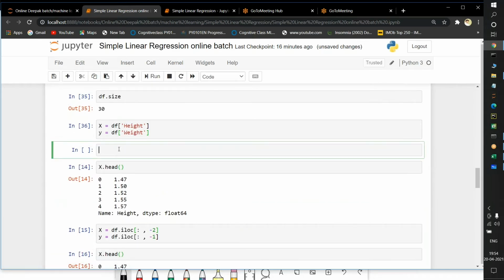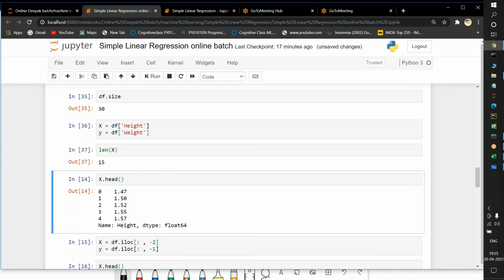Now what I am doing here is, I am taking X is equal to... we need to specify, because if you observe here, length of X, and if you specify the size or shape, X dot shape, it is showing me only a one-dimensional array, it is not a two-dimensional array, so it cannot predict the values and it cannot assign the properties to the Y. So what I am doing here is, X is equal to X dot, the values inside the X will be reshaped into a two-dimensional array.